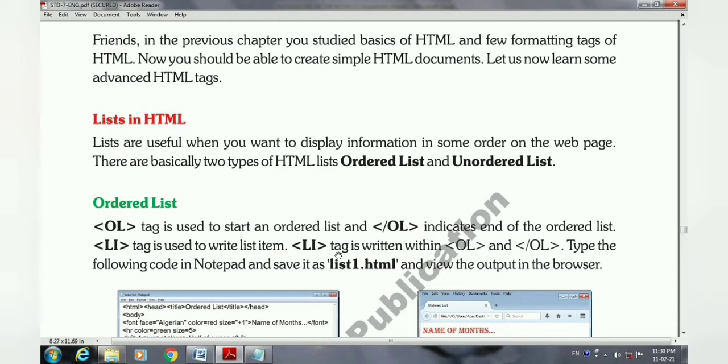Li is also a pair tag, so opening and closing Li is required, and the Li tag is written within the opening and closing OL tags. So first you start your OL tags and inside OL you write Li tags to create your list items.